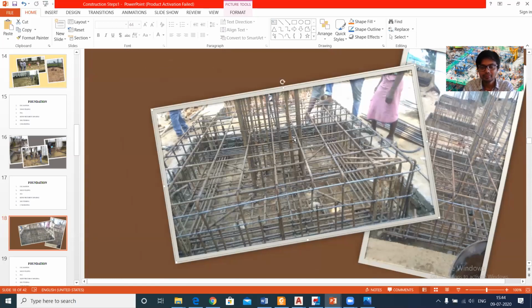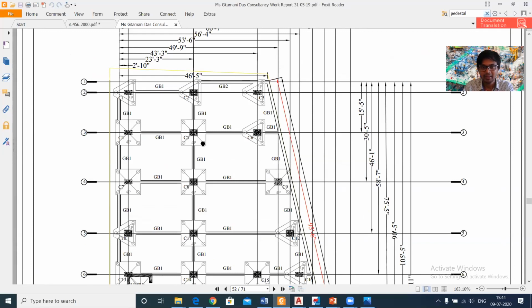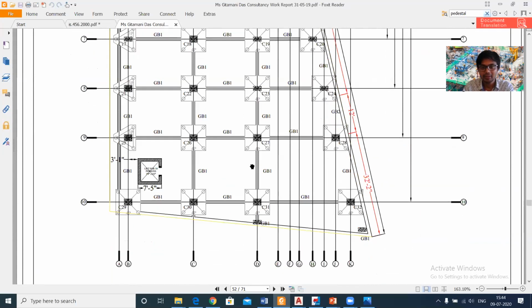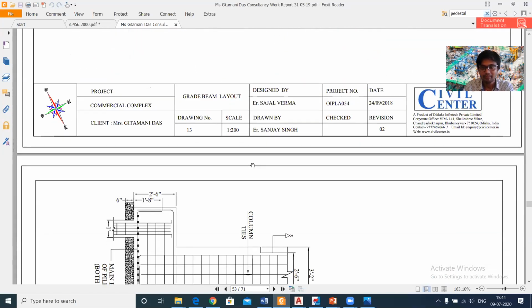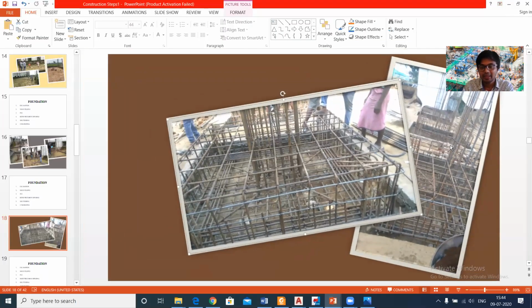Now there is another duty of a site engineer, which is to calculate the quantity of reinforcement which will be used in your footing. Suppose we have these footings here, in this case the pile caps. We need to calculate the quantity of reinforcement which will be used in these footings. For that we can show you a brief example of how to calculate the reinforcement. Okay. So basically, let me